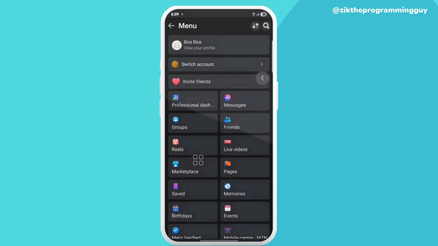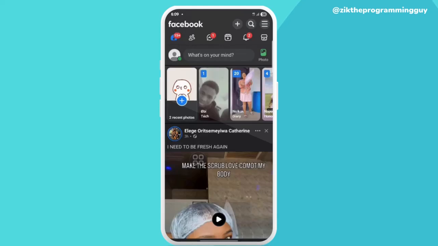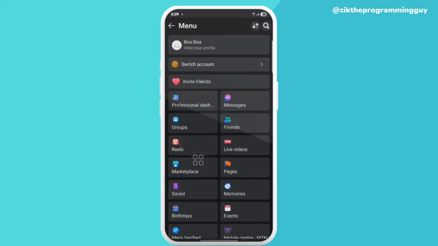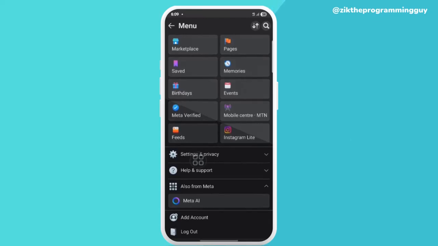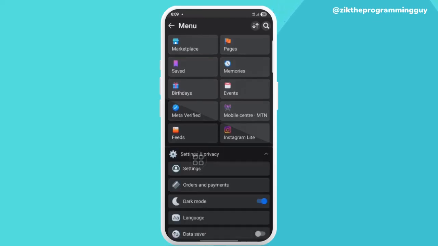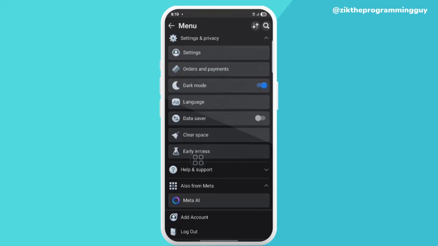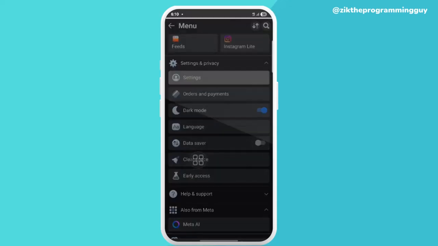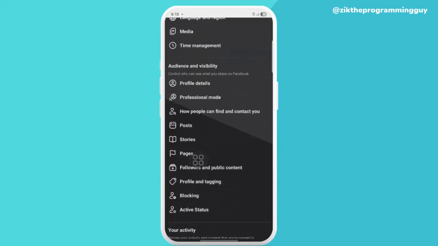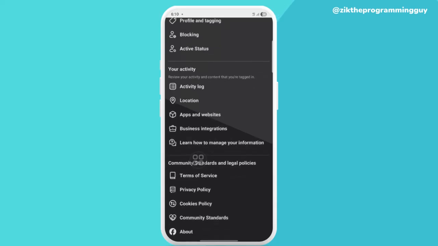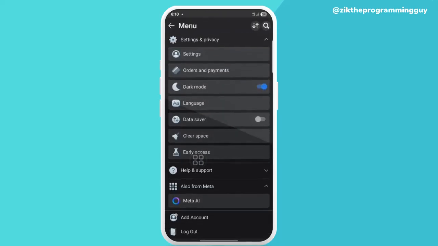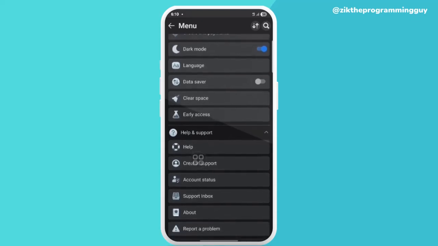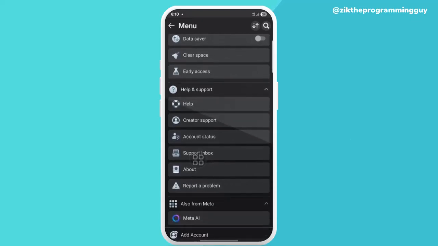So the first step you have to take is you click on the three horizontal line, right, and scroll down, see security and privacy. You can scroll, and if you don't have report a problem, then you can go back and you'll be able to see help and support. Click on help and support and you can see report a problem right here,